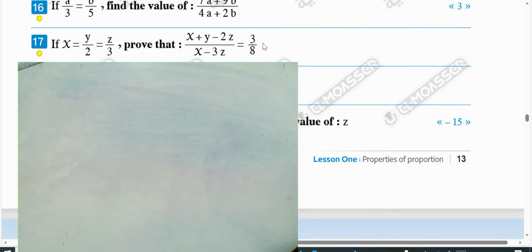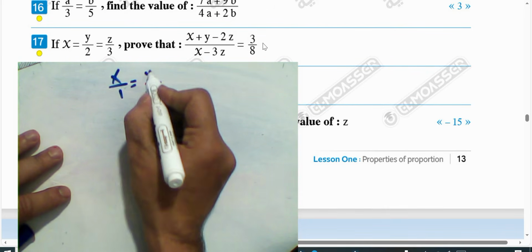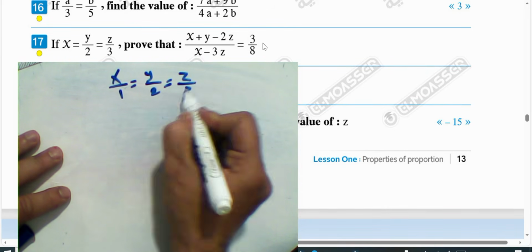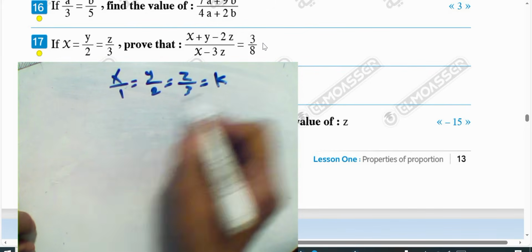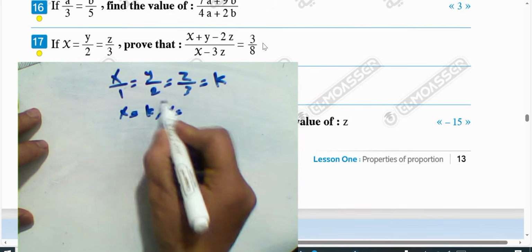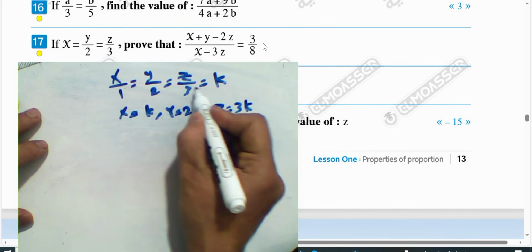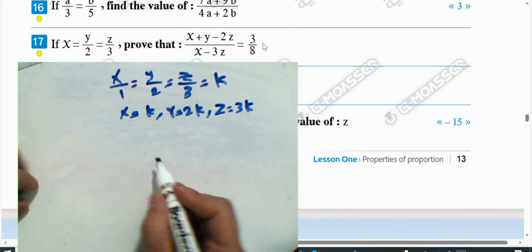Next question, number 17. If x equals y over 2 equals z over 3, I will put here the value k. So x equals k, y equals 2 times k, where k equals the constant, and z equals 3 times k. We have